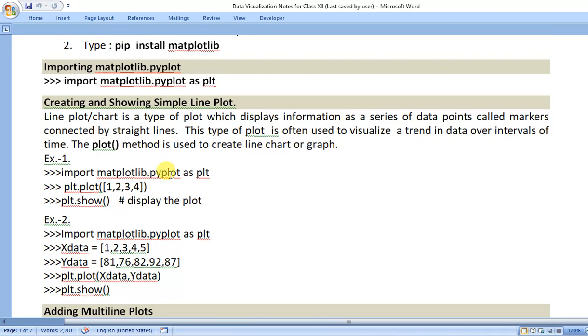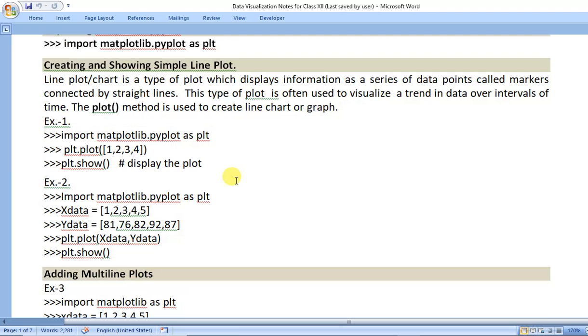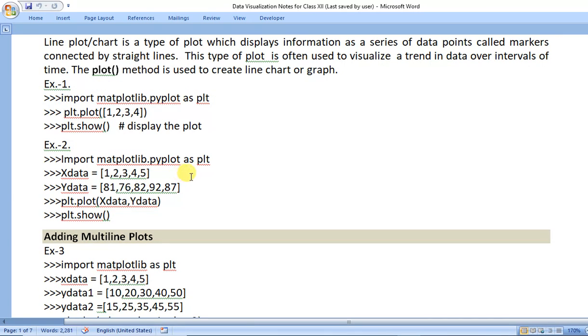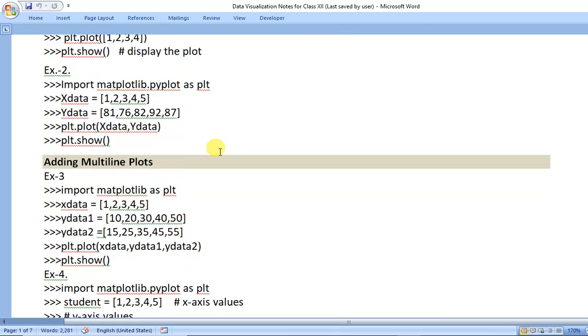Creating and showing a simple line plot. So what is the line plot and how can you plot it? The plot function method is used to create a line chart or graph. This is the example: import matplotlib.pyplot as plt, and then you can pass the list or tuple and plt.show to display the plot. In this way you can plot your data.